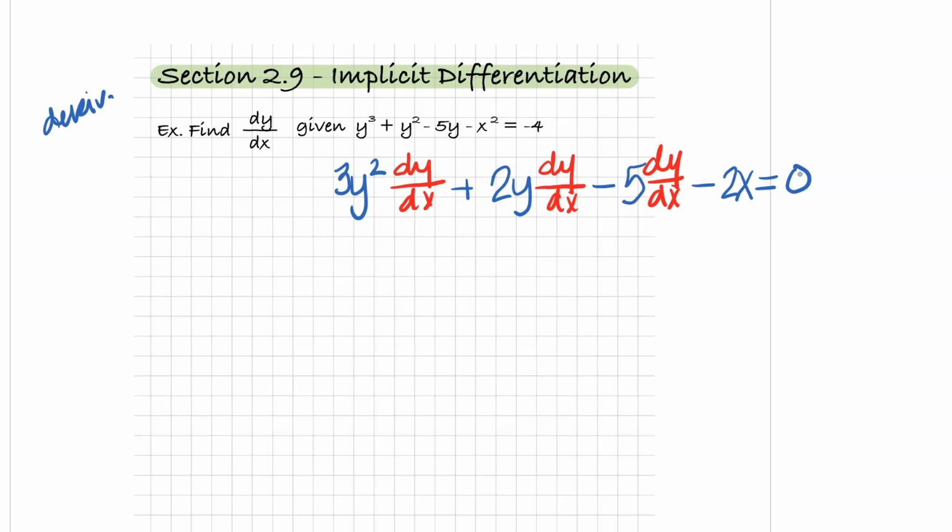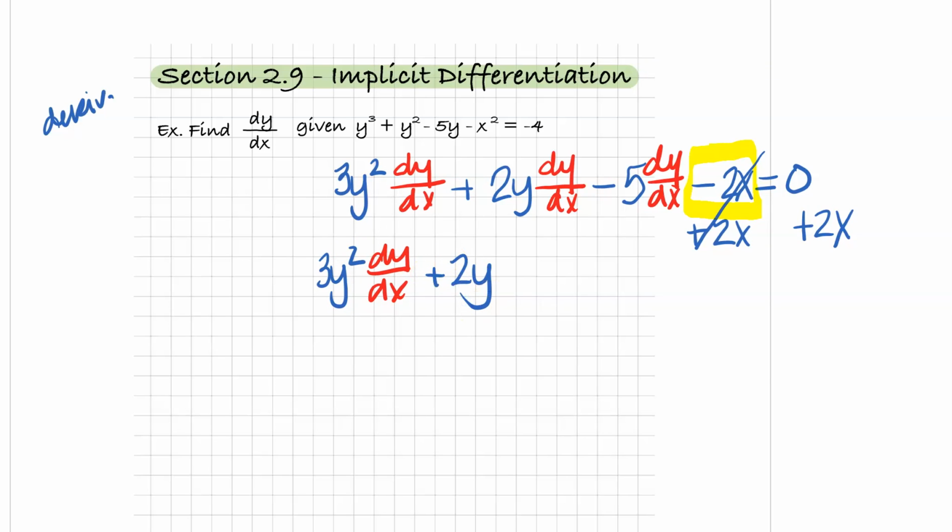I'm going to move everything that doesn't have a dy/dx, which I've conveniently placed in red, to the other side of the equation. And you can see that this is the only term that doesn't have a dy/dx. So I'm going to move it to the other side. Just to move it, basic algebra, I'm going to add 2x to both sides. So now I have 3y squared dy/dx plus 2y dy/dx minus 5 dy/dx